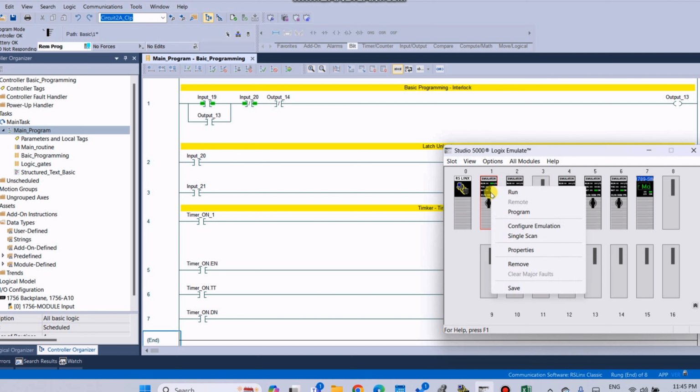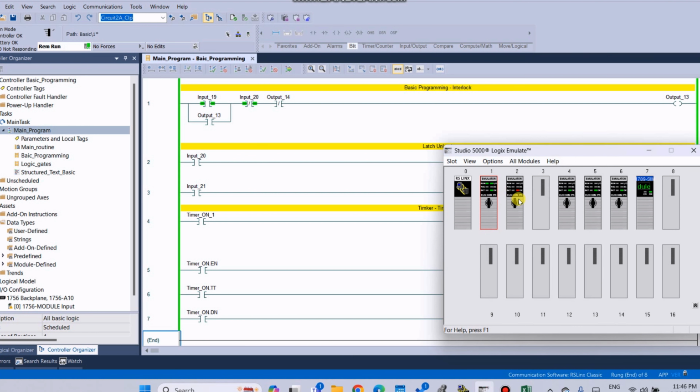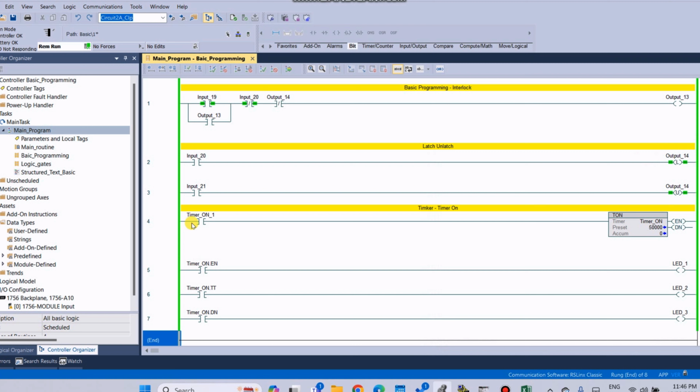Click on emulator and select run. So first we need to turn on the timer from Control T.